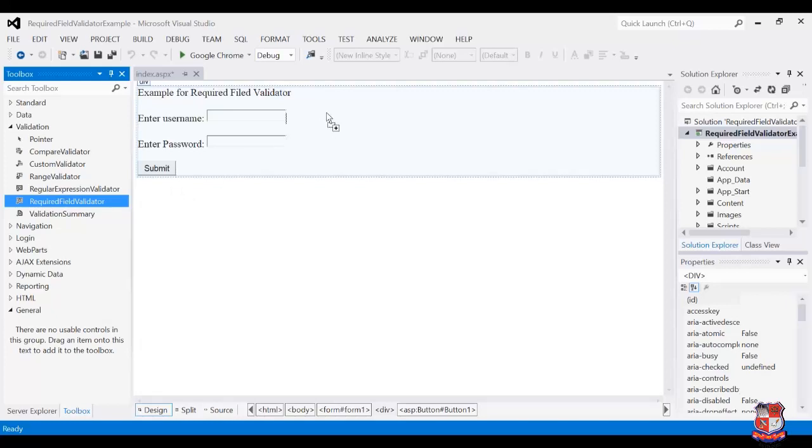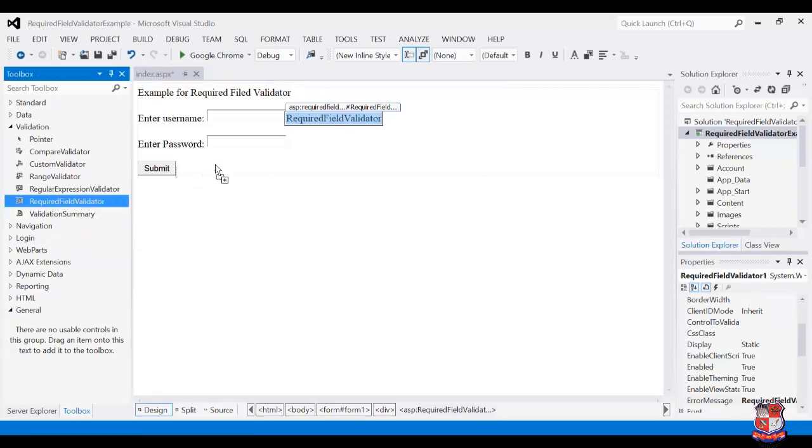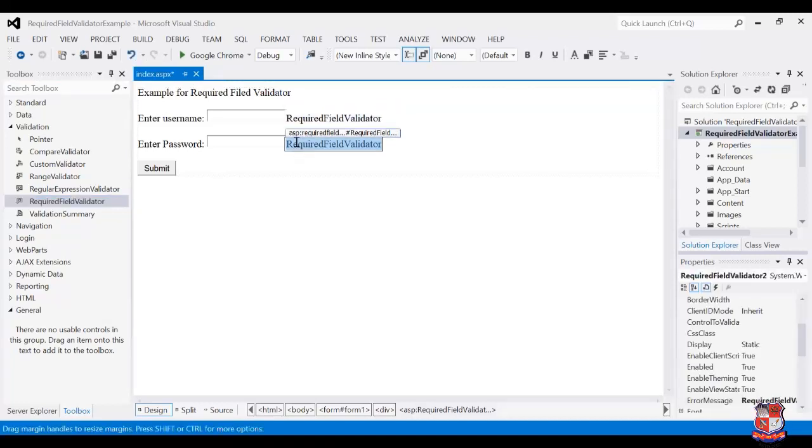If we want to validate username, we drag that control just beside the username text box. Then we take another required field validator for password and drag and drop it just beside the password text box.